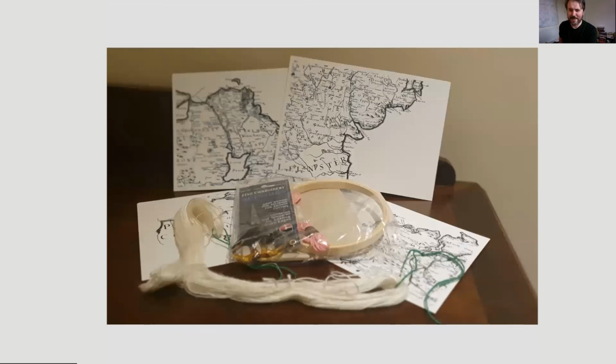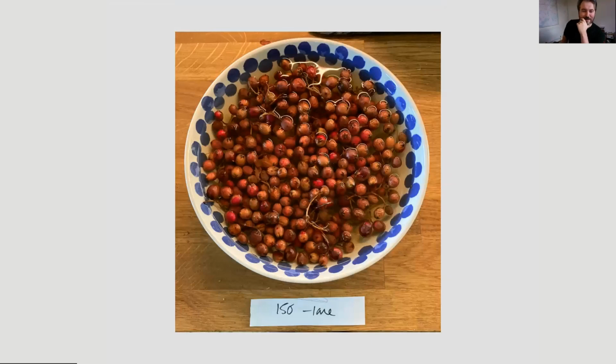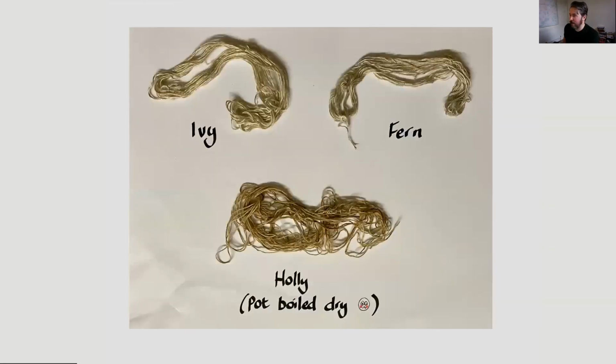They were all sent these kits. And most of the threads they were sent were white, because the first thing they had to do was dye their threads to make the colors they wanted to use, which is a wonderful thing if you're mapping your neighborhood and you actually get your raw materials from your neighborhood. So people went out and found berries or grasses or other plants, and got stewing them, and made colors. There were about 25 people doing this, and we'd have these meetups online, and we had a Slack, which is sort of like WhatsApp, and they'd be sharing photographs and videos of one another and chatting about the work they were doing. And gradually, people started building up their selections of colors,